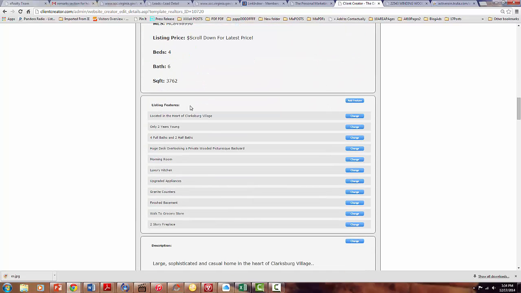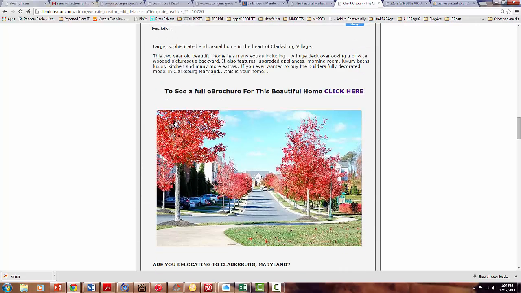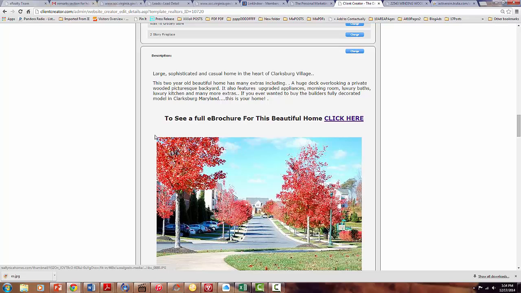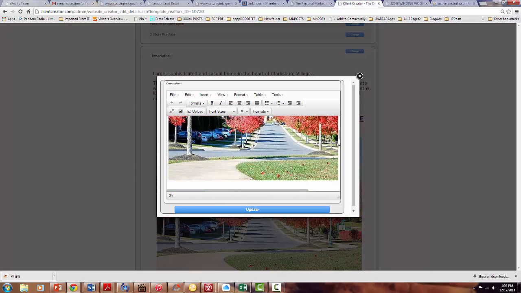and this is where the listing features come in, talking about the baths and kitchen, upgraded appliance, etc. So then there's a description, and this is something special about this landing page, is that you can change the description and pretend you're doing a blog, or you're writing a blog, and you can put it on directly from your blog.